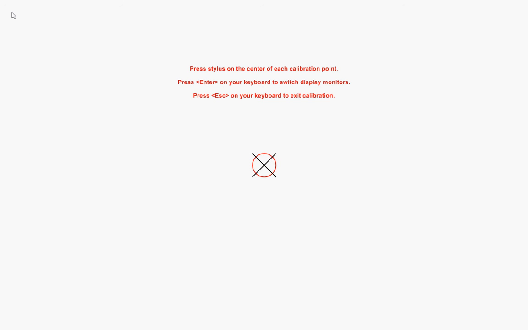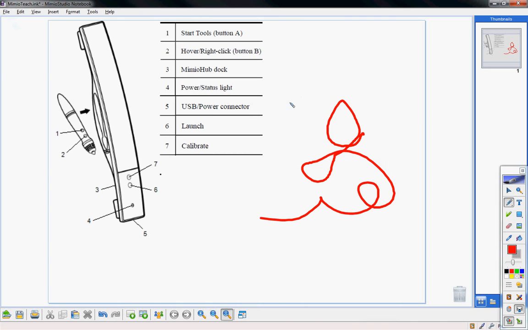Now if you don't click it right in the center, let's say for example I want to write right here on that mark, if I click on that with my pen and I didn't calibrate it properly, it could start writing over here or somewhere else randomly. So it's very important that you calibrate it correctly, and that is not something that you actually have to do